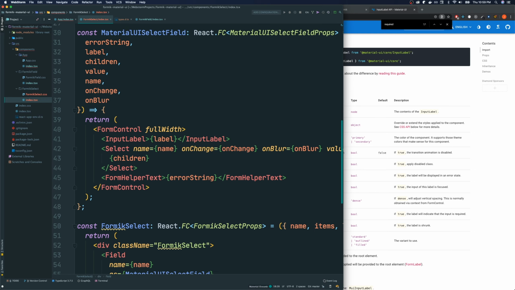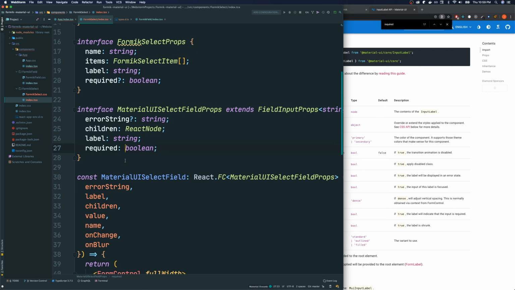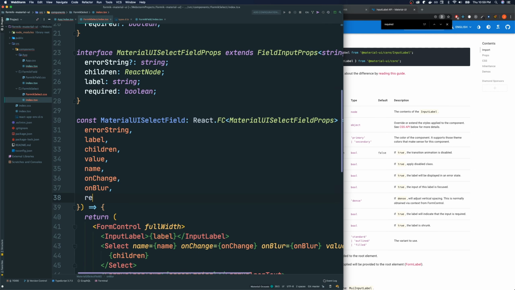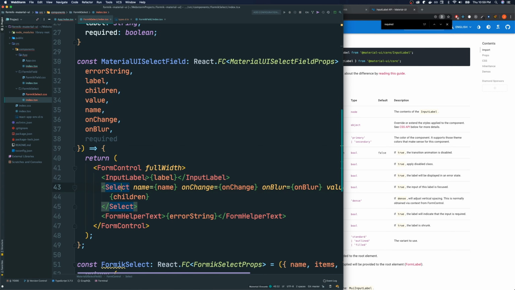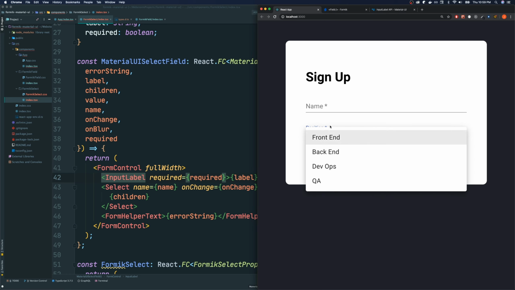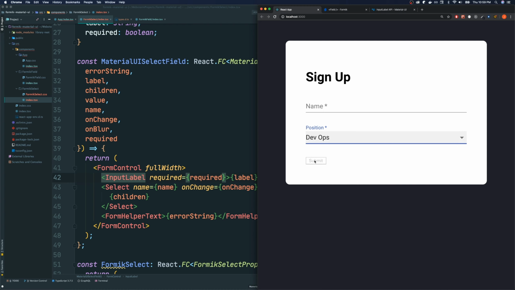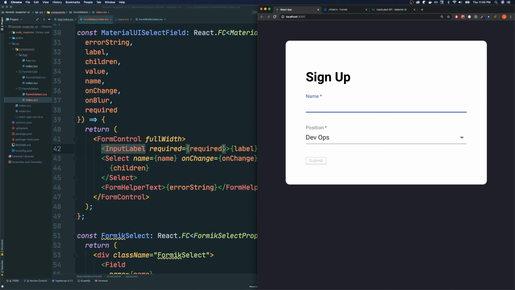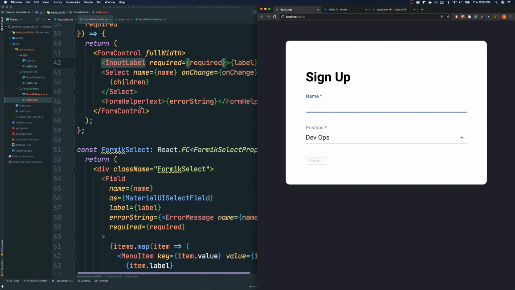Like so. Requires a Boolean. Let's destructure here. And within our input label, we will pass the required prop. Like so. Now we get the little asterisks, a fancy asterisks here. All right. Just to finish up this form, so I think we did a pretty good job of making reusable